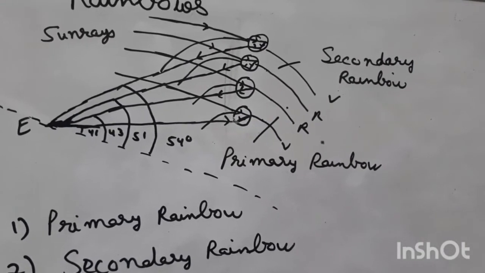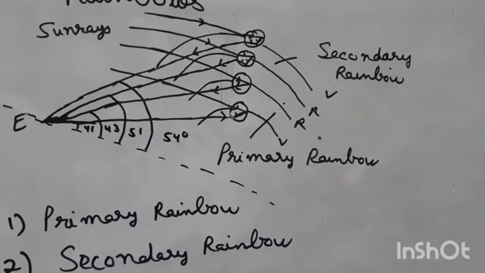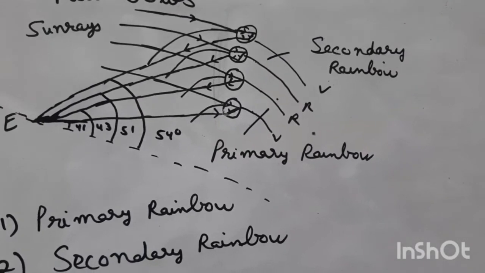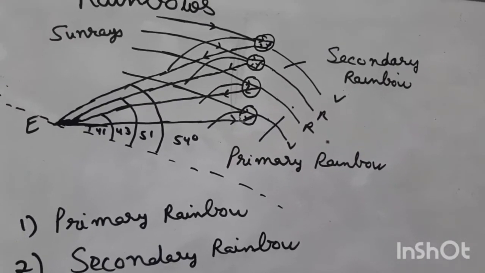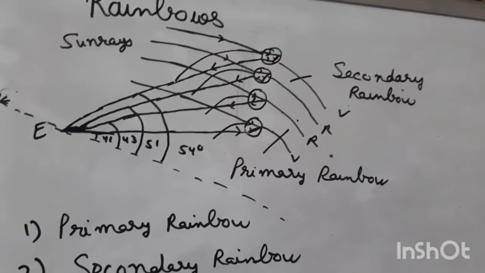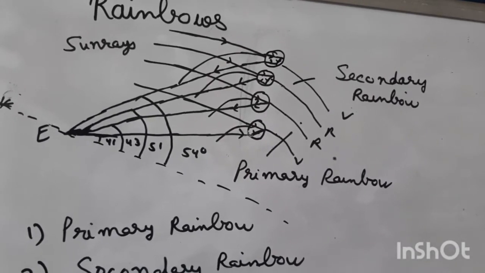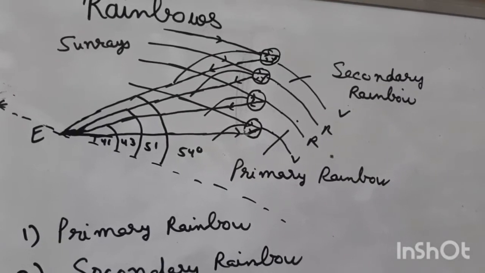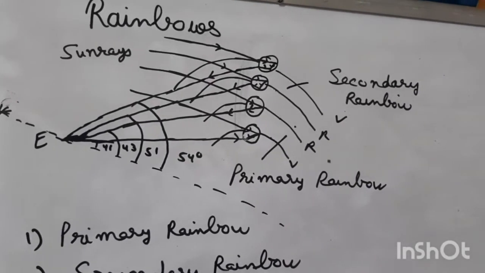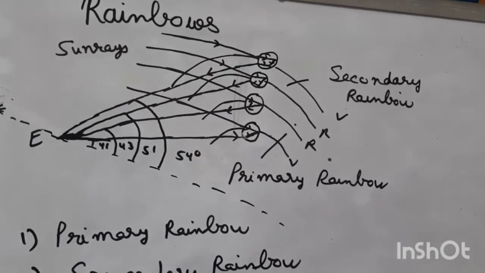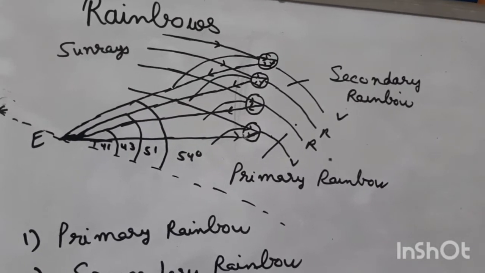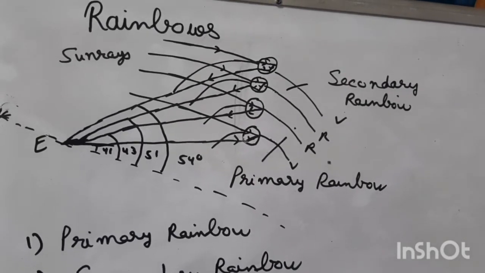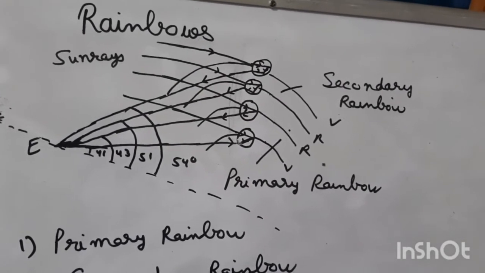Now usually a single rainbow does not appear. Usually there are two rainbows. One is your primary rainbow, second is your secondary rainbow. You can see in the figure, and rainbows are formed by the simple phenomenon of dispersion of the sunlight, and the raindrops act as tiny prisms. When the sunlight falls on these tiny prisms, it gets split into the constituent colors and we get a range of colors from V to R.